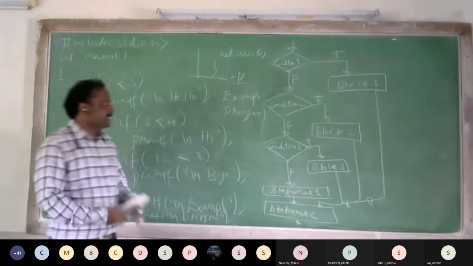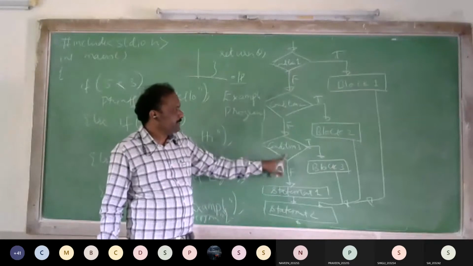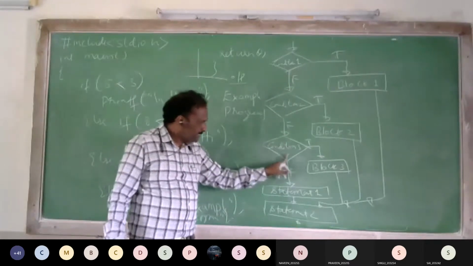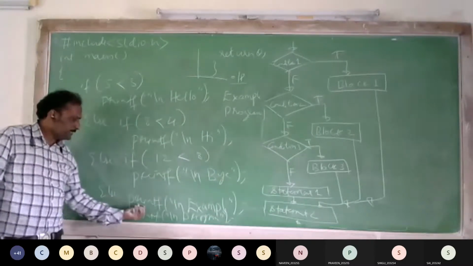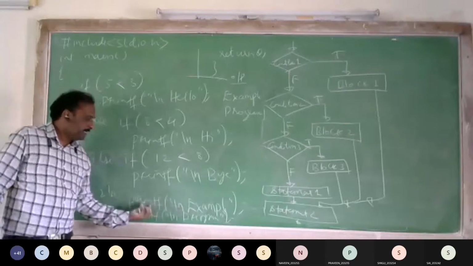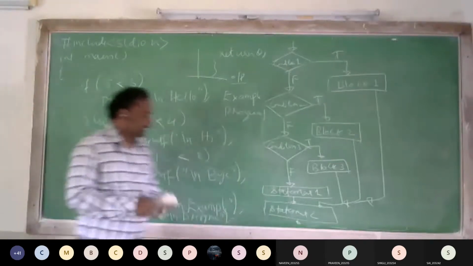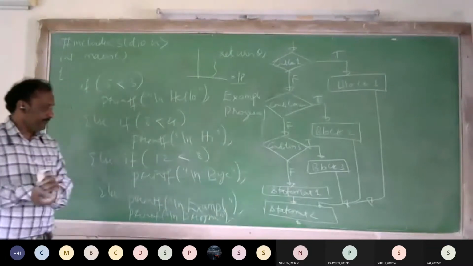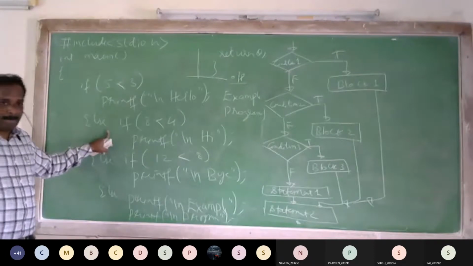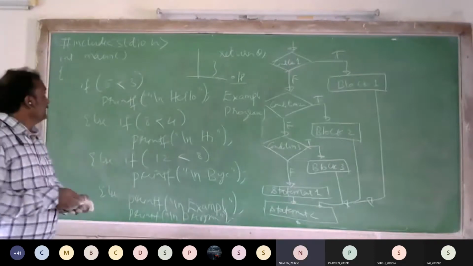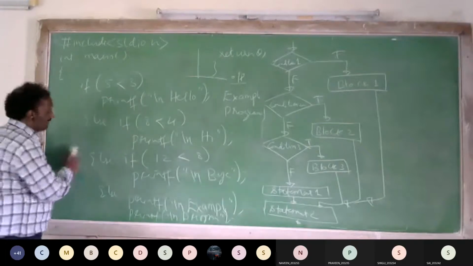So in the flowchart you can see that if condition 1 is false, then test condition 2. If condition 2 is false, test condition 3. If condition 3 is also false, then only the else part is executed. What is the else part? Statement 1, here it is example, and all the remaining statements below are executed. In this, anybody having any doubts? Cleared, everybody? Let's take the else if ladder.